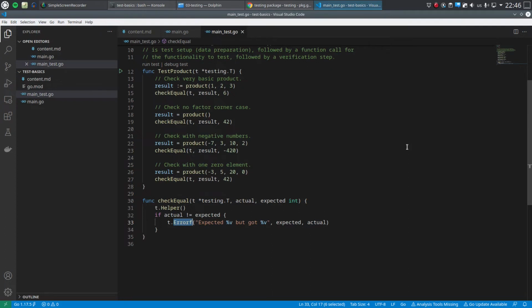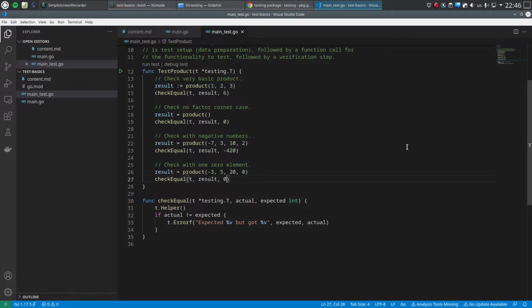But one notable difference is t.fatal. Fatal means the test has failed and needs to be aborted because it makes no sense to continue the test. This could be the case when we have some complex state changes that we are going to test. That might still be a little bit too abstract for you, so we're going to illustrate it with a concrete example. First, let's revert this to the correct test, and then we are going to write a productive